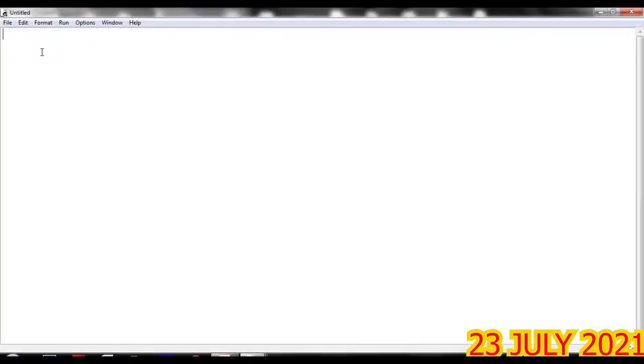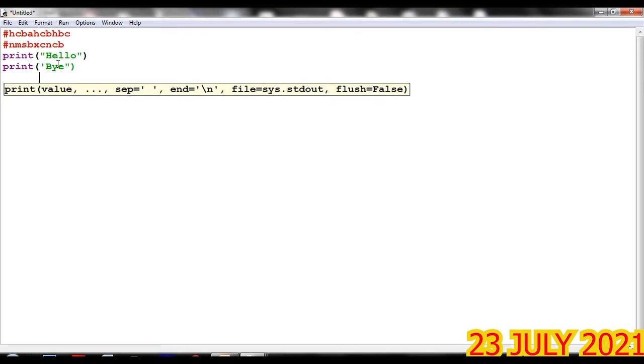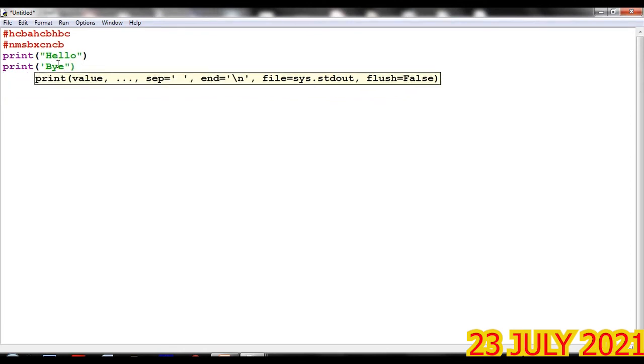Here I will give a comment. I will type something here. I will give another comment, print hello, print. Single quote on one side I will give, double quote on the other side I will give. I will close it. Print